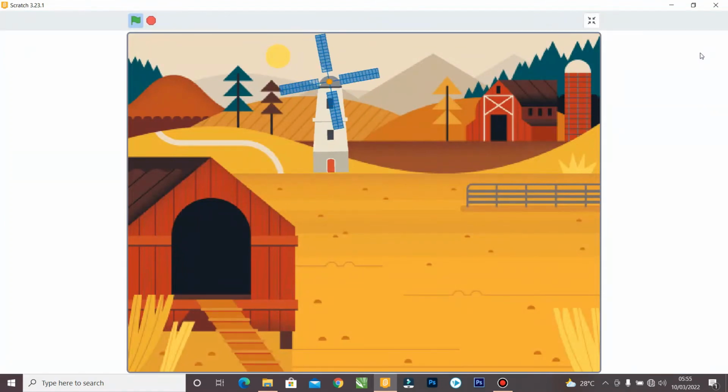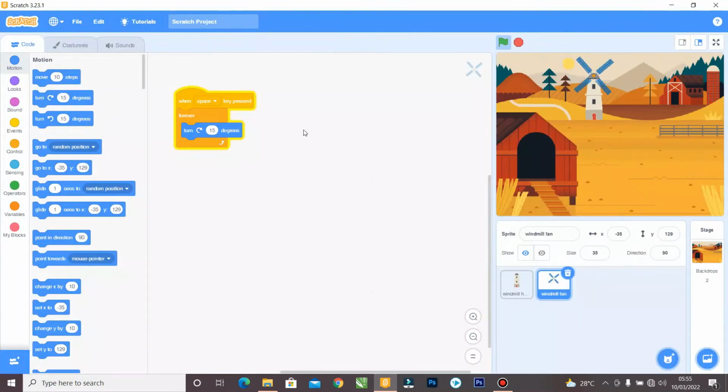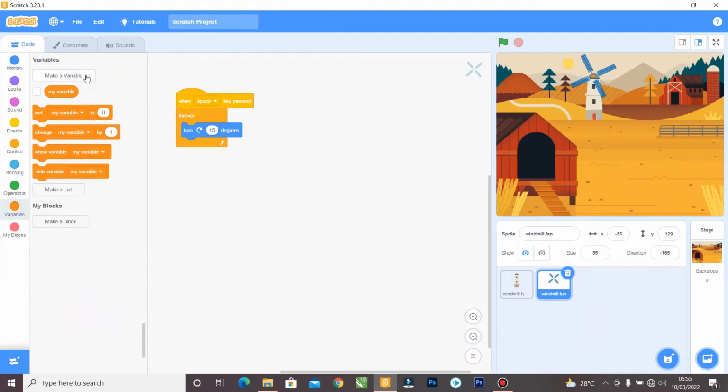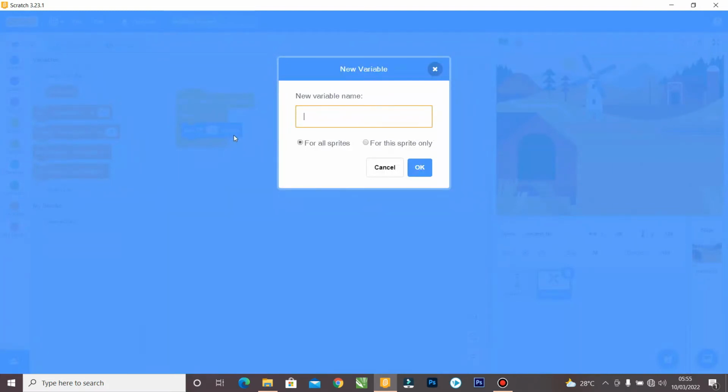You can see that. Okay, so what I want to show you now is how we control the speed of the fan, the windmill fan. So how do we do that? What we're going to do is create a variable. So come here and say make a variable. I want to make a variable called speed,